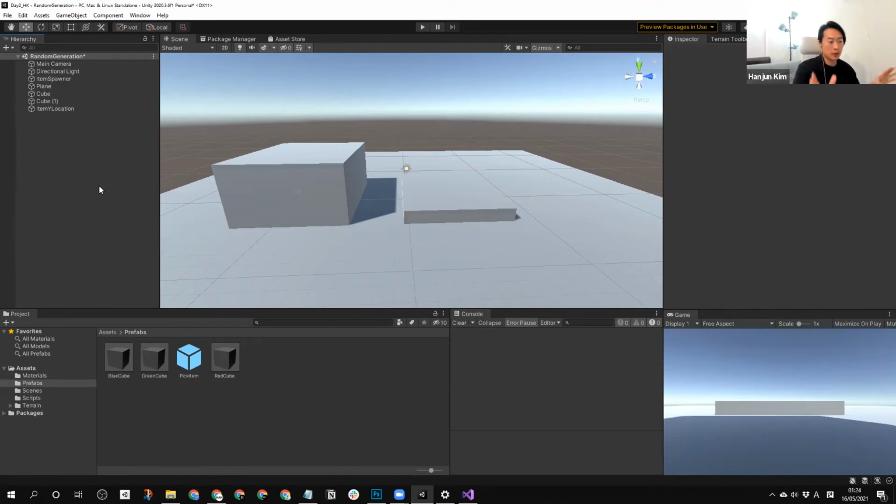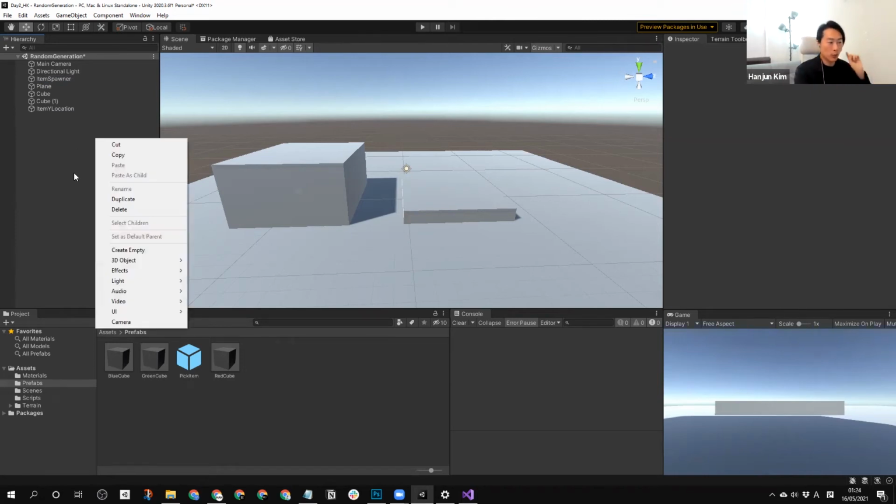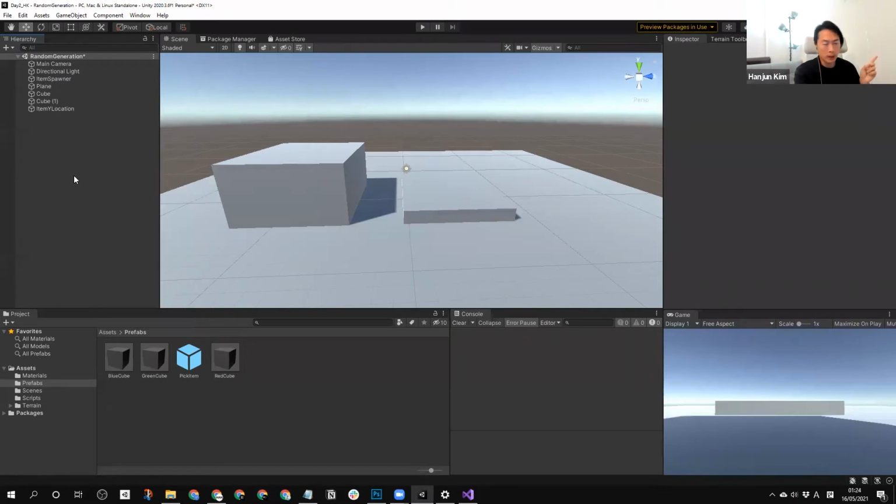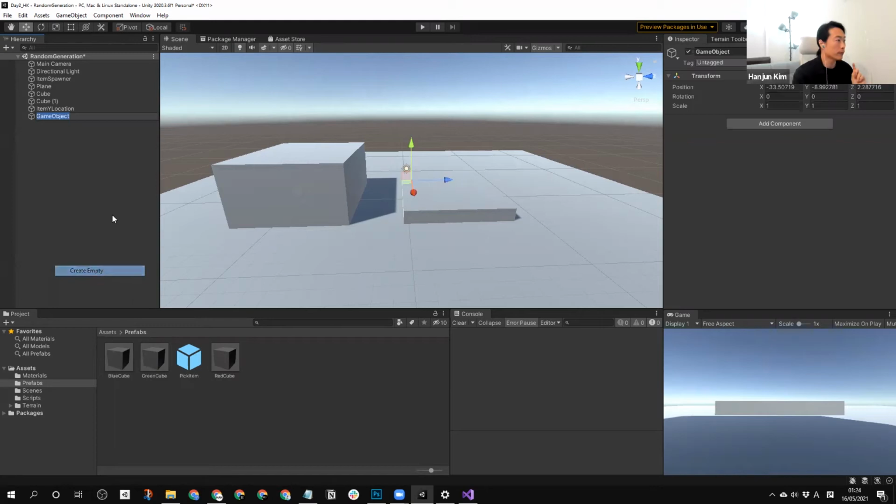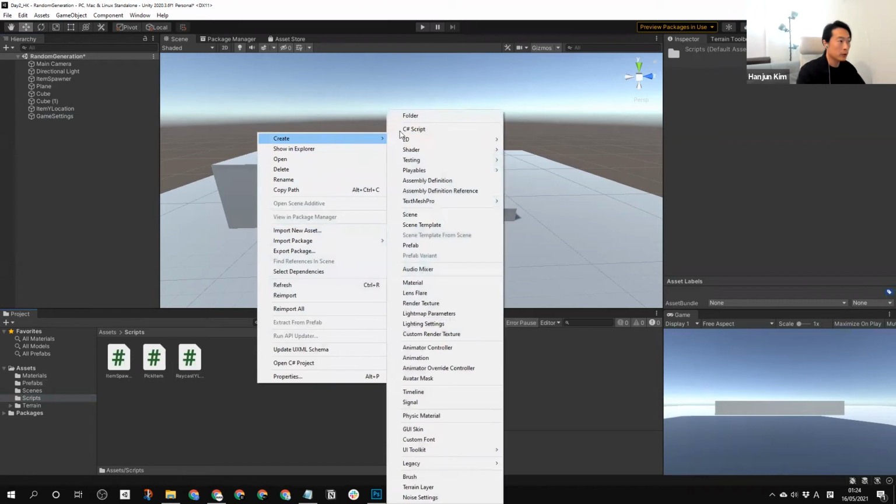But this is just for this one. When I create another project, I sometimes make just one big empty object. People usually use it for their game settings. So for example, I'm going to delete this one, but if I create a game settings object, and then if I create a script called,